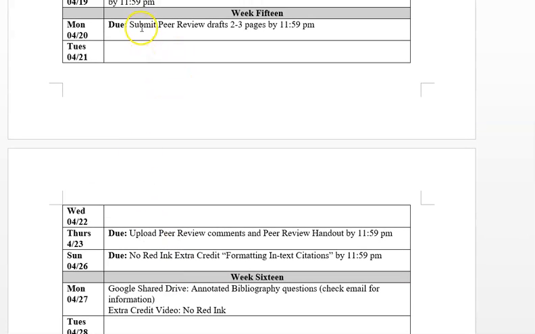Some scheduling information. We're going to have 2 peer reviews for this. The week of April 20th, you're going to be peer reviewing a rough draft. This should be around 2 to 3 pages. If it's a little bit less, that's okay. But don't worry too much if you don't have the draft that you're dreaming of. This is really just to try to get some of those kinks out of the way and to help you